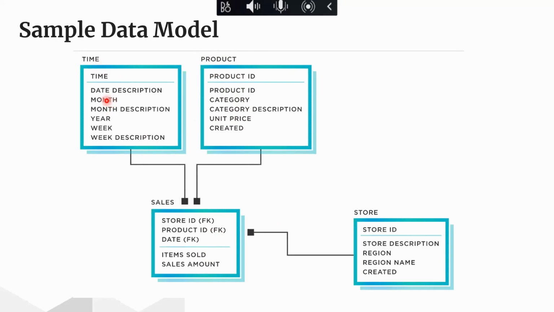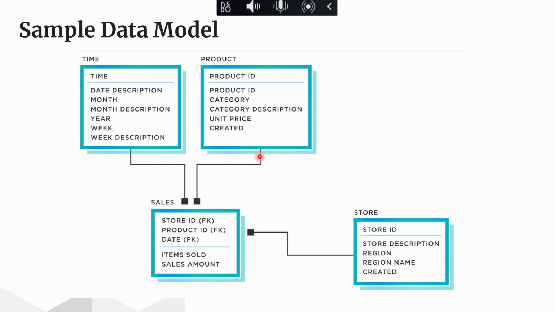The dates table will let you know the month the product was bought, the year, the week. The store will tell you which store that product was bought from. Okay, this product was bought in our branch in Kampala, in Uganda, somewhere. So without this store, product, and time table, you will not be able to gain meaningful insight from your sales table. So these tables that help you to describe the activities that are taking place in the sales table, we call them dimension tables, right?